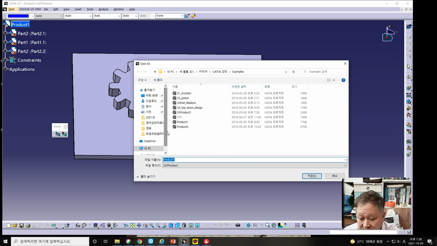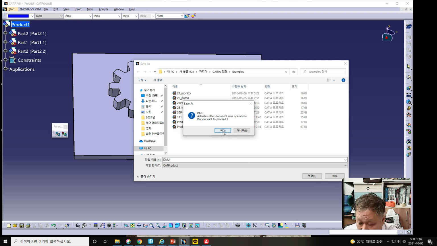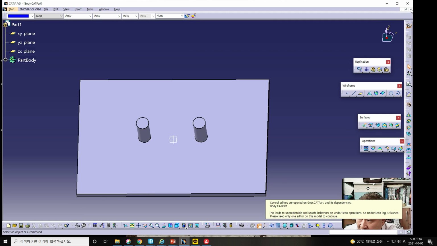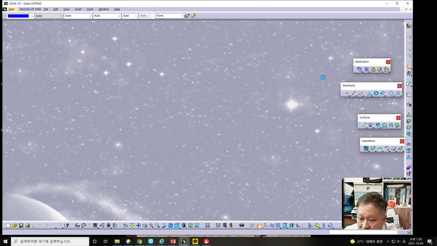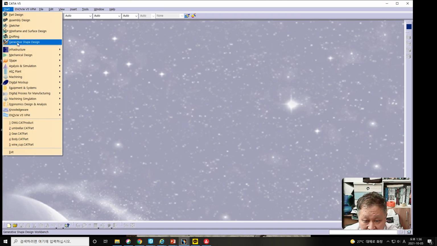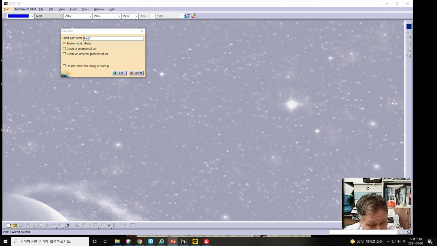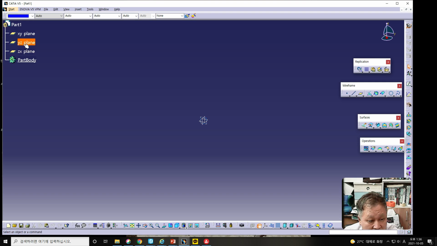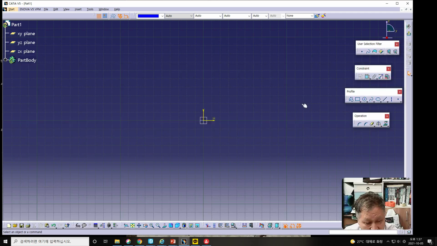saved as product, and this should be exited, and I will open generative shape design once again, and this time I will click the OK button from this button, and along the YZ plane I will enter the sketch workbench like this, and